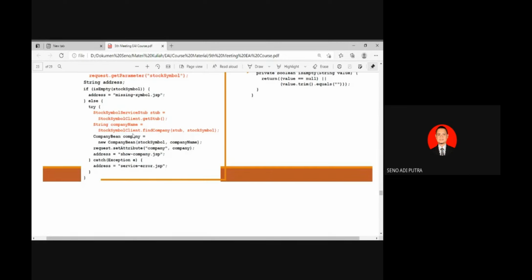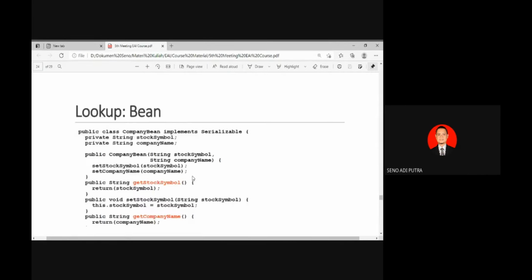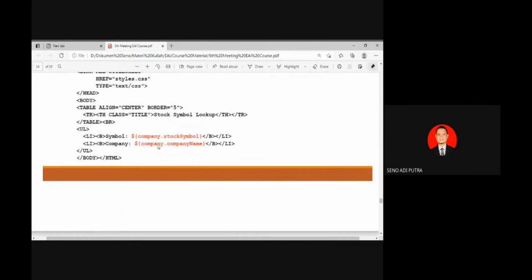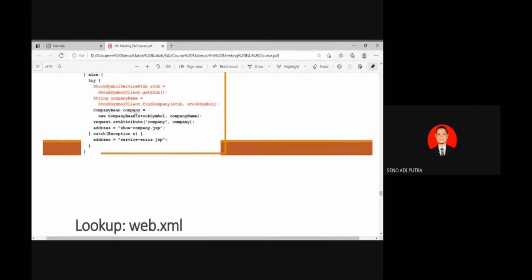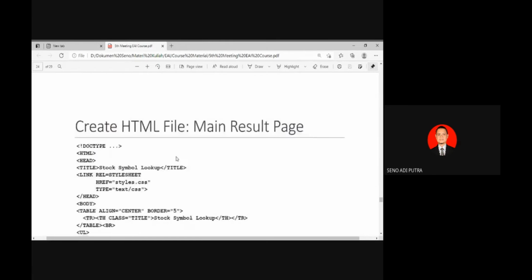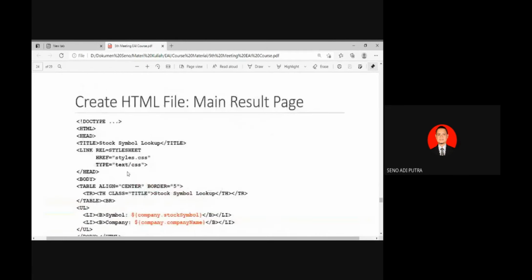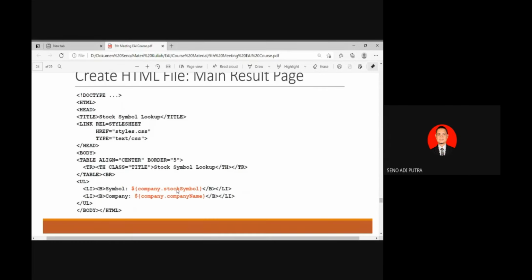If you change this name to perusahaan, for example, you can change it like that. So the company variable will be accessed from the JSP file. This is the JSP file, and the file extension should be .jsp.